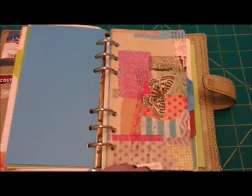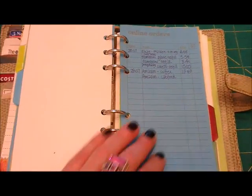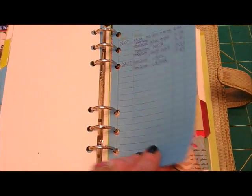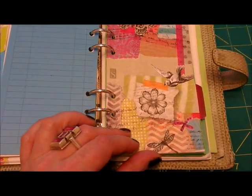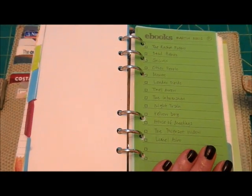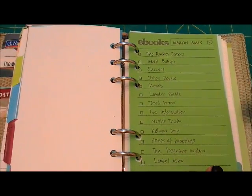Another divider using the lovely tissue paper. And on here I've got some online orders that I've just done that I'm waiting to receive. And another divider here. Oh, yeah, and she's got a books to read list, and I changed it into an ebooks list because I've got